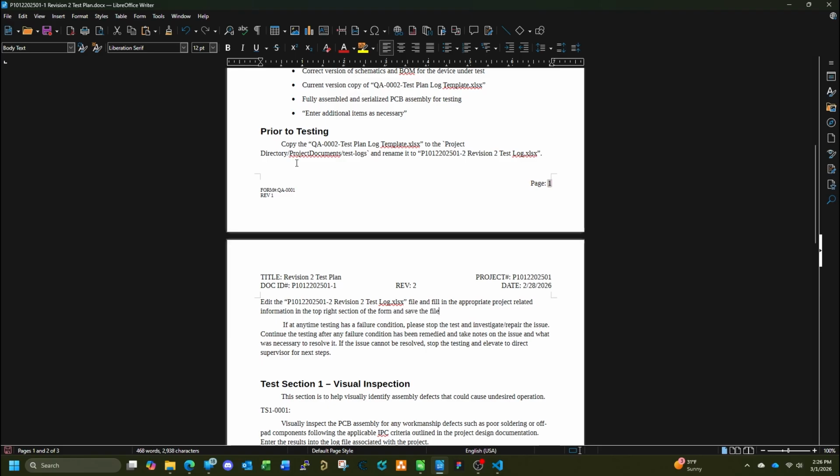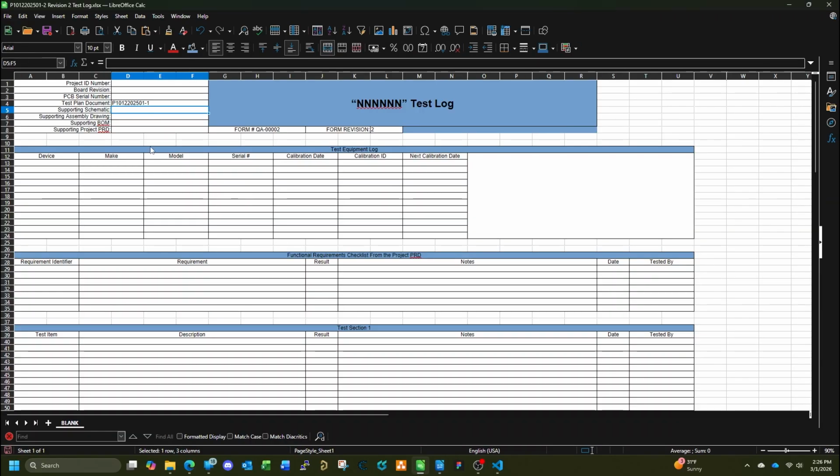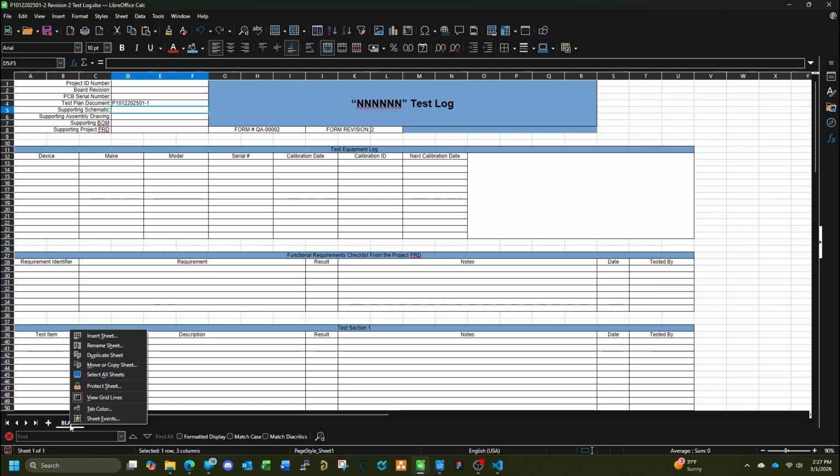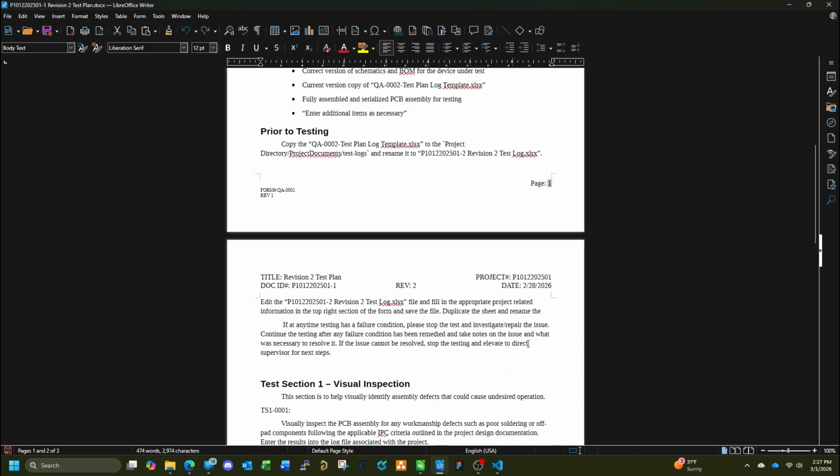File. So what we'll do, have all this filled out. And what we'll do is duplicate the sheet. Okay. Is it renaming the sheet or the tab? Rename sheet. Rename the new sheet to the